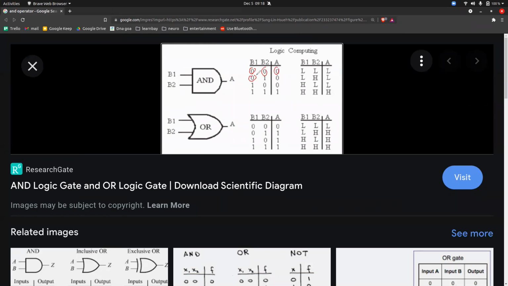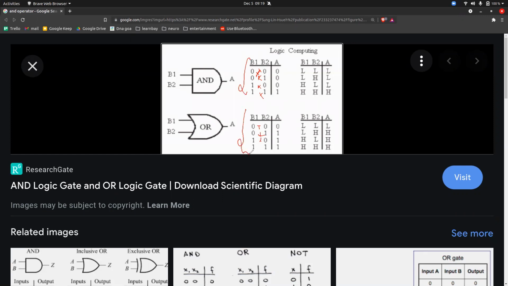If this is 0 and this is 1, the answer is 0. So basically, in the AND truth table, you just do the multiplication. In the OR, you do plus, and in the AND, you just do multiplication. That's it, and you will get the answer. So this is what you mean by AND table, and this is what you mean by OR table.